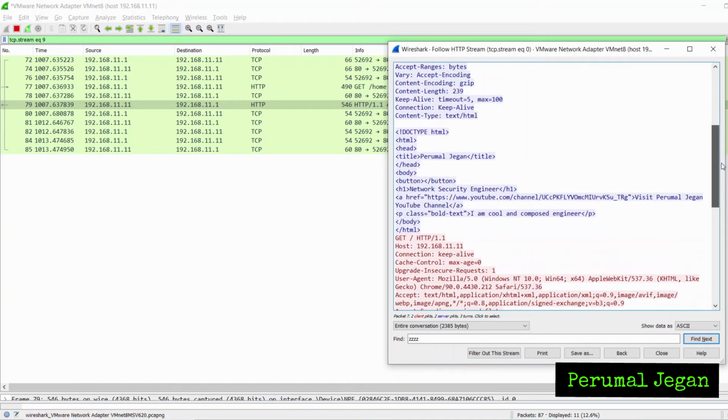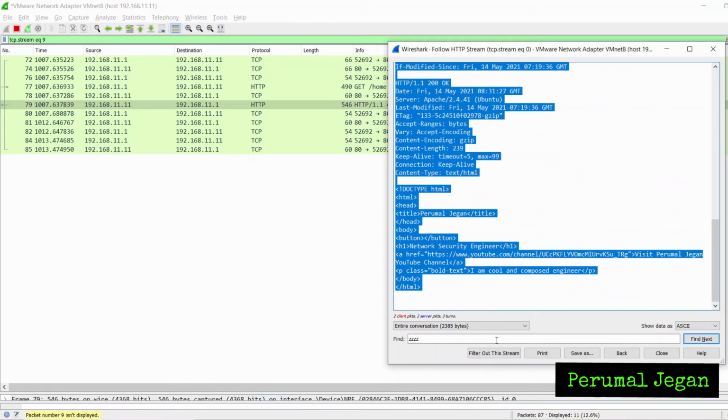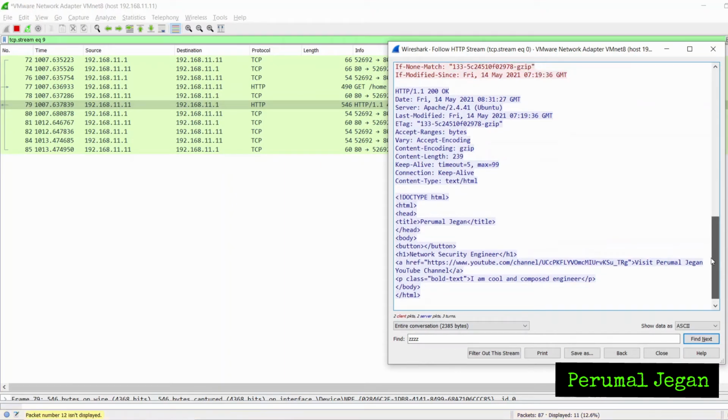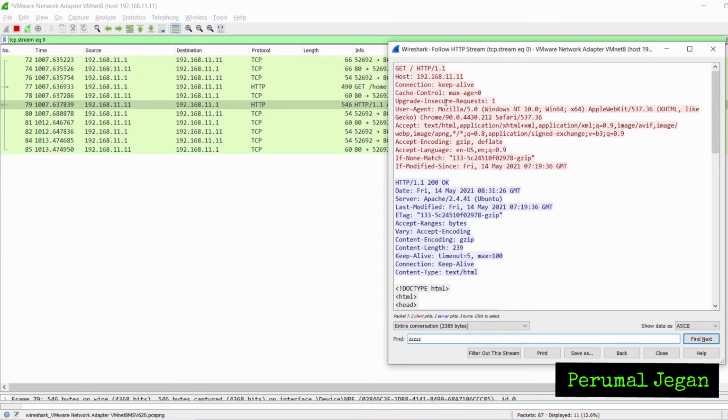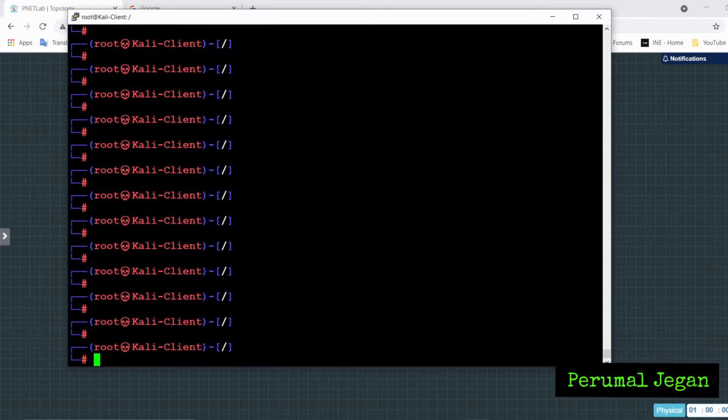When I see this successful request, the whole HTML format content is displayed here. So far I used only the Wireshark packet analyzer to show this HTTP request and response. We have a few other interesting tools to show this. Now let me show an application working on the console. From the console, we will be able to give the HTTP request and get the HTTP response. I installed the application on a Kali Linux machine and the application name is Netcat.